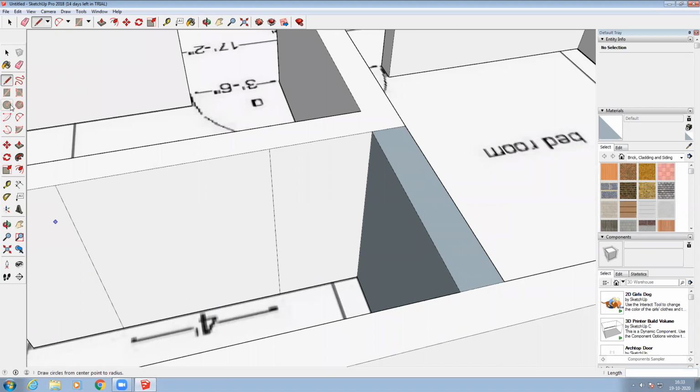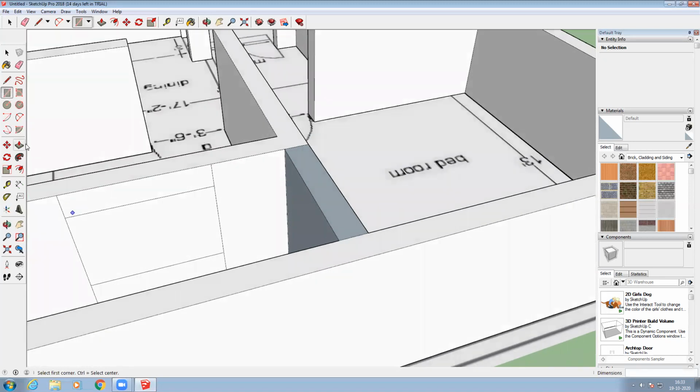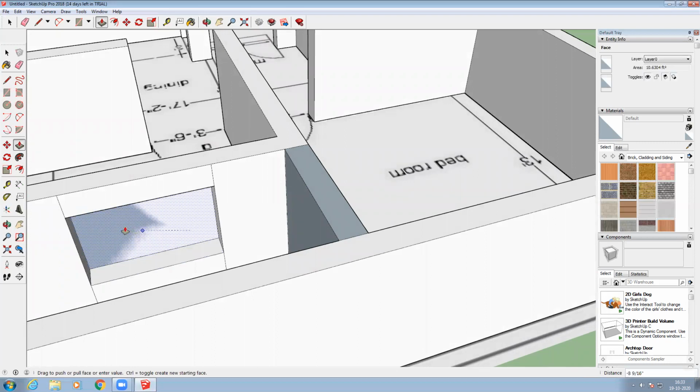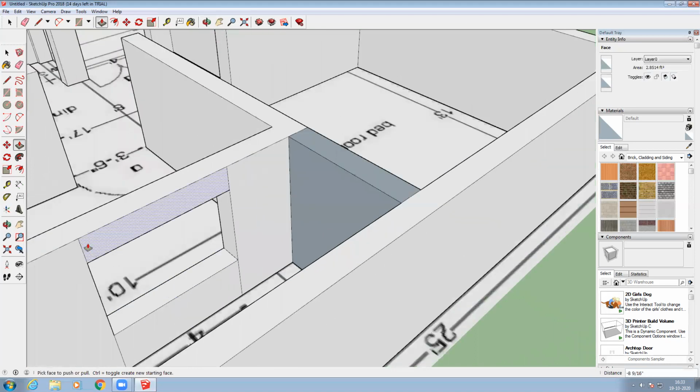Now I want to draw the window, means I can take a rectangle like this, right, for some distance, whatever it may be. Just you click over here, and then take a window like this, right? And then I can use the push pull button and remove, or open it up like this. You can open it up, and then a window is created, right? Like this you have to do.